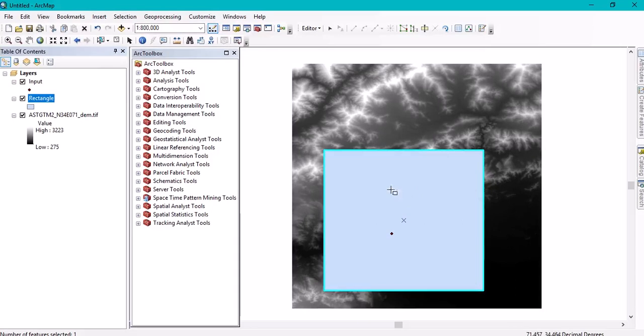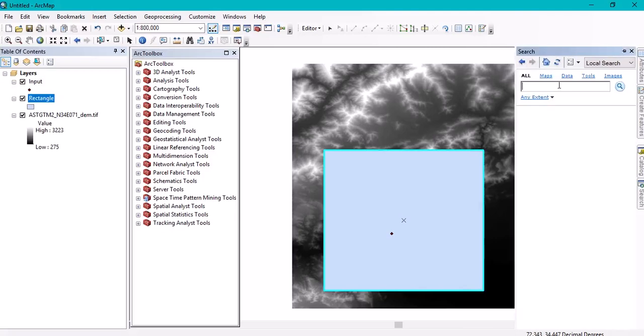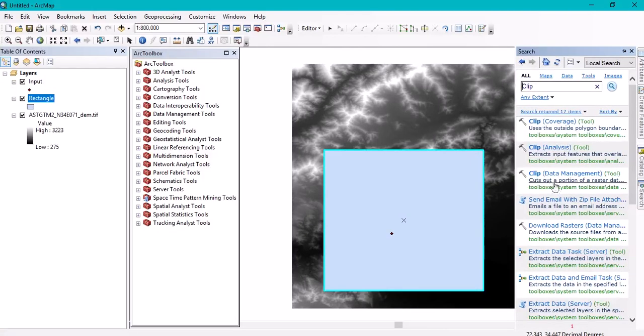Now I need to extract this rectangle out of this digital elevation model. I need to remove the background data. So how are we going to do that? We'll go to the search, and in the search we will enter clip, and we will search it. So once you search it, you can see that we have these tools. You can just click the third one, that is clip data management. So you just click on the clip data management, and